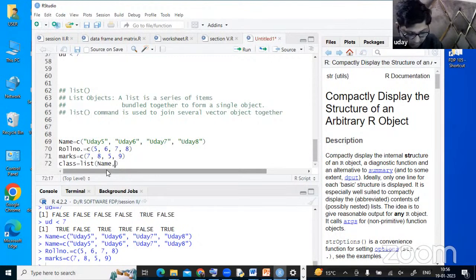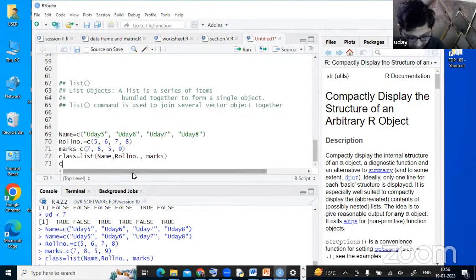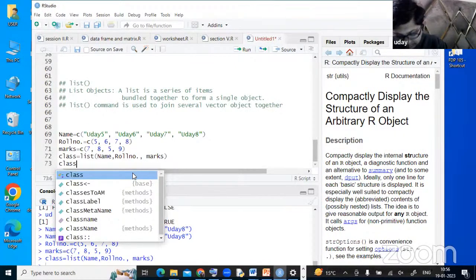Then the roll number, ROLL. Please make sure you're writing the correct spelling. If the name is not correct, you will not get the correct answer. So when I run class,